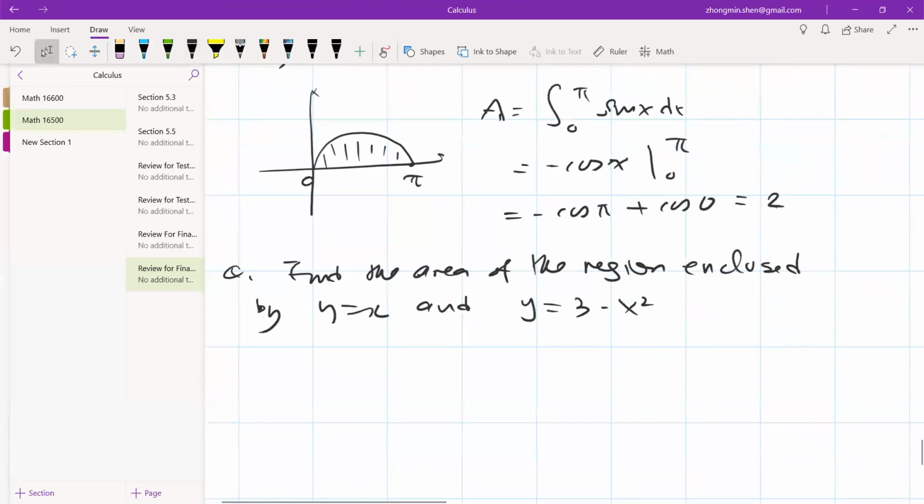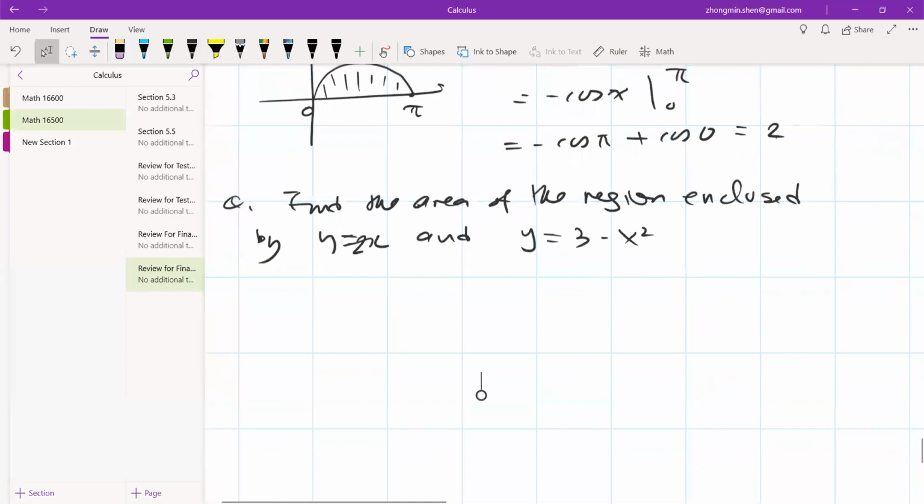Hold on, wait a minute. 3 minus. I think I have to put a 2 here. Otherwise, it's not a good problem. Okay, so